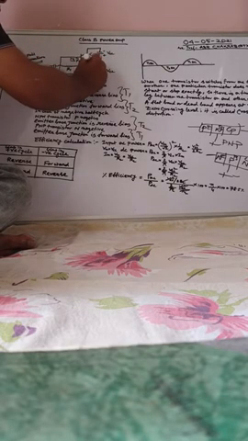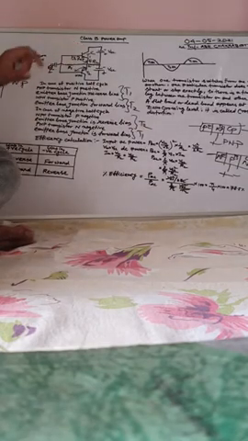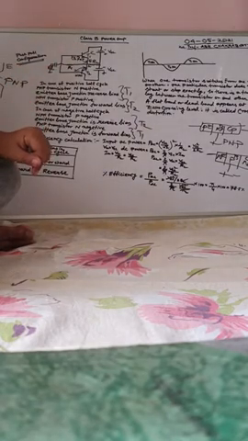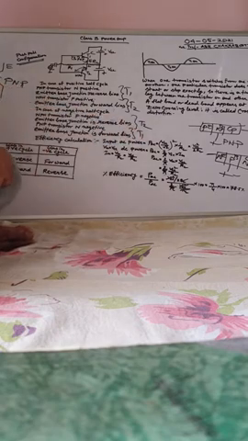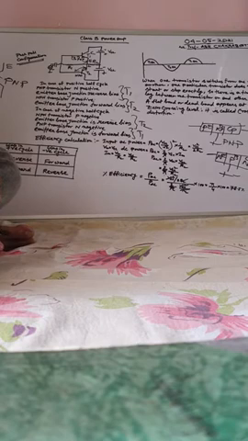This is the load. Output power collected from the load. This is DC power. So input AC power is Vrms square by RL. That means (VCC by root 2) whole square by RL, so VCC square by 2 RL. So Vm equal to your VCC, Im equal to Vm by RL, and that's equal to VCC by RL.